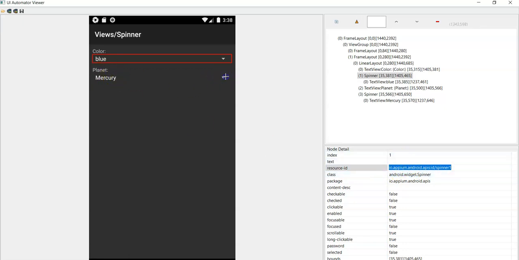Now verify the locator value for the second spinner. So this is spinner 2, right? Here the resource ID is unique for both spinners, so you can use this resource ID value to identify this locator.